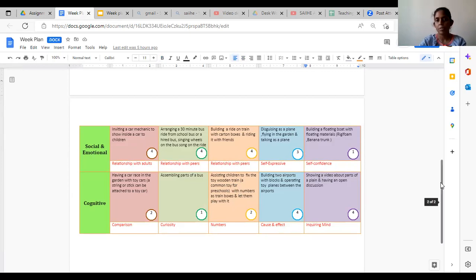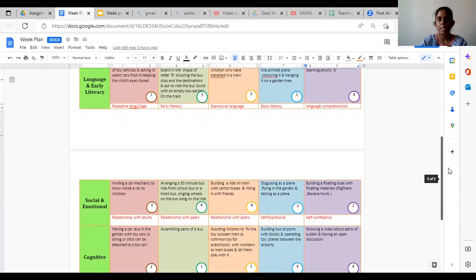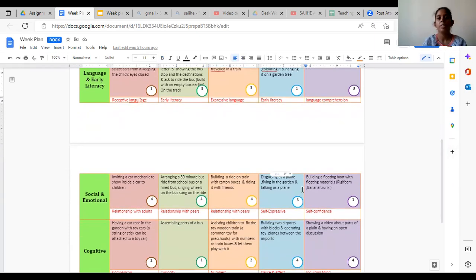And the third activity for Wednesday is to improve expressive language under the domain language and early literacy. And here, children will be sharing experiences of how they traveled in a train. And the last activity for Wednesday is building a ride-on train with some carton boxes.